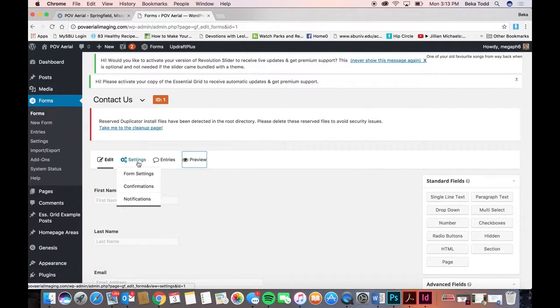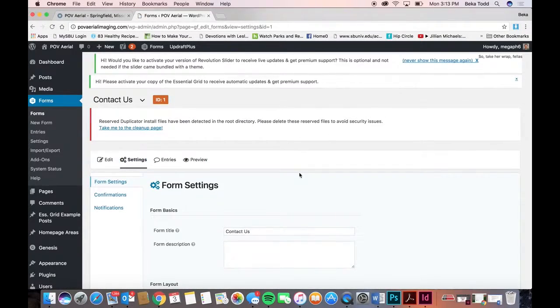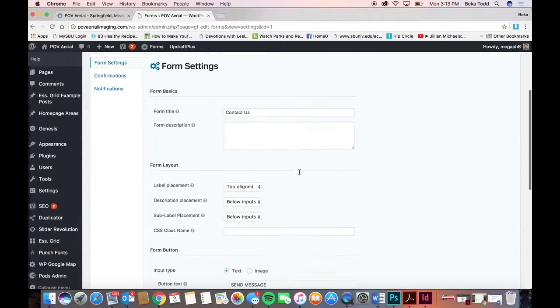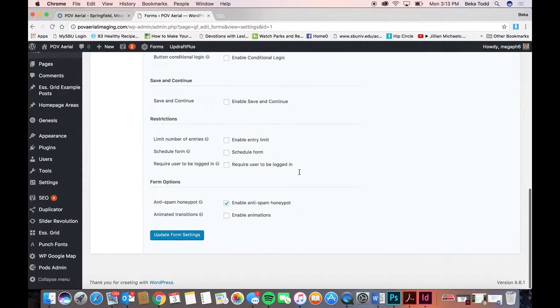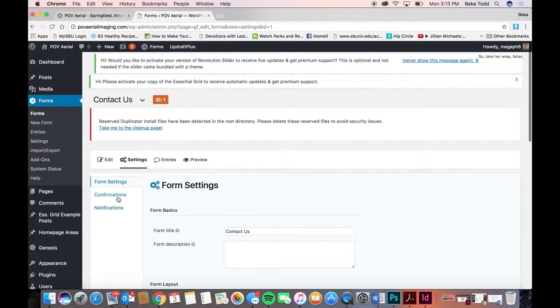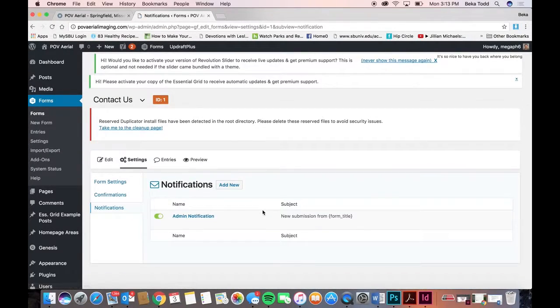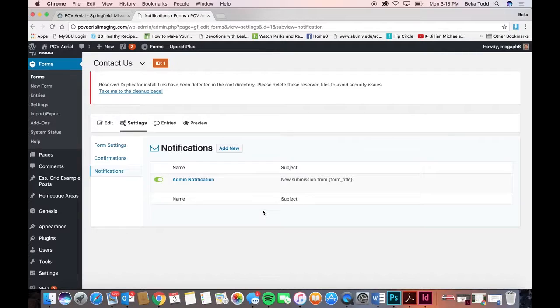But then you can go into settings. I'm not worried about saving anything because I don't want to change anything there. And probably don't need to worry about this particular page, but notifications, that's who's receiving notifications for the forms. And so right now it's set up as just sent to the admin, which you will be an admin if you're not already. I'll check and make sure, and we'll get you an admin. But so it's going to be sent to an